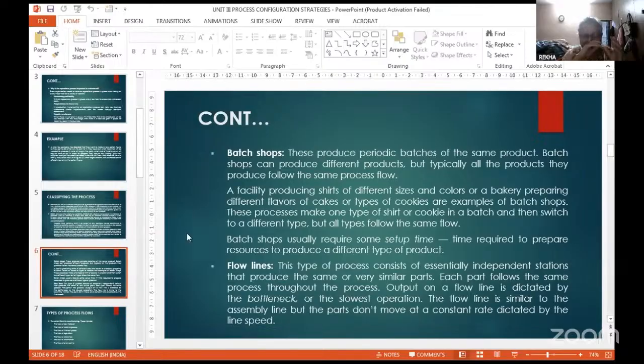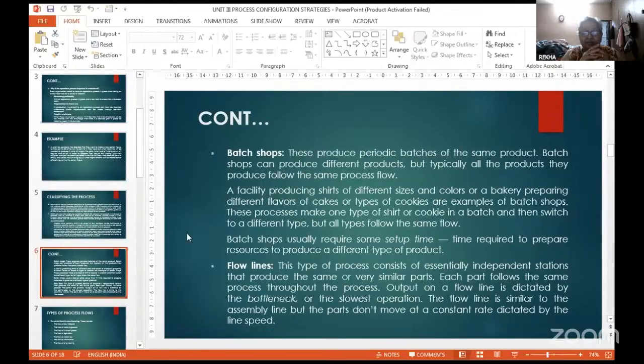Maybe in the second batch they can make certain differences to whatever they had produced in the first batch. Then you have flow lines. This type of process consists of essentially independent stations that produce the same or very similar parts. Each part follows the same process throughout. The output of a flow line is dictated by the bottleneck, or the slowest operation. The flow line is similar to the assembly line, but the parts don't move at a constant rate dictated by